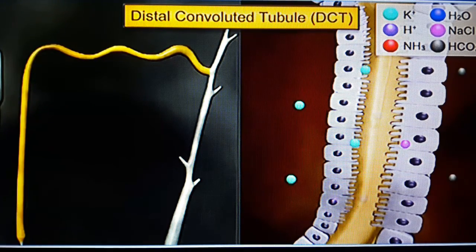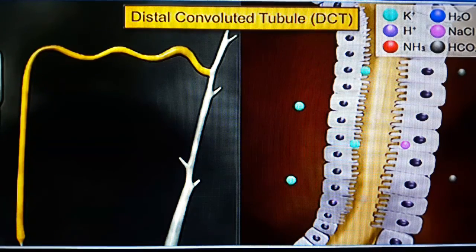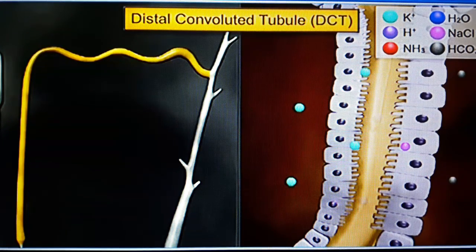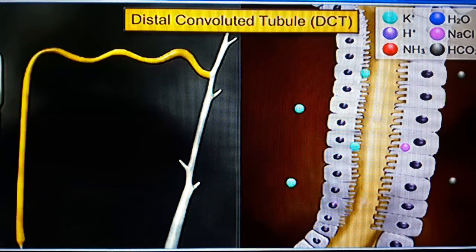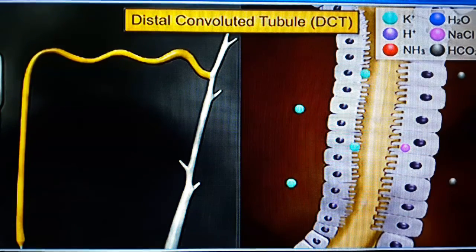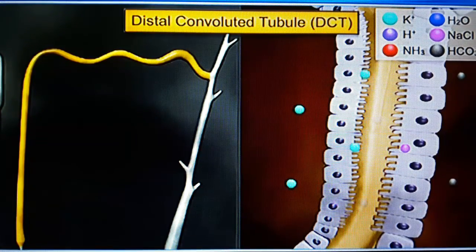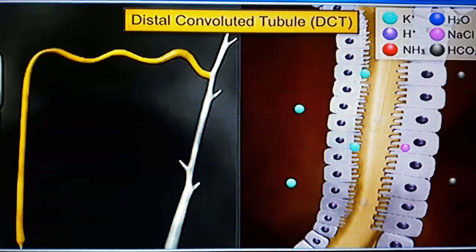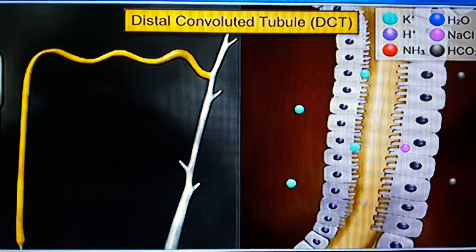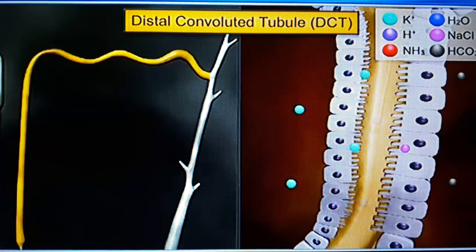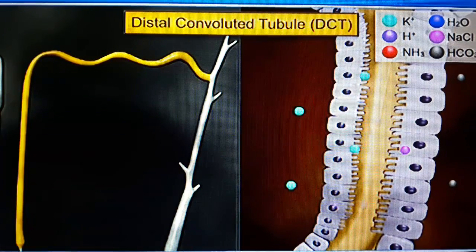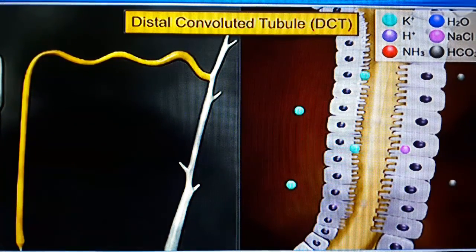Most of the potassium ions are secreted in the DCT in exchange for reabsorption of sodium ions. Uric acid and ammonia are also secreted in the DCT and collecting tubules. So friends, tubular secretion is of far less importance in mammals, but is of great importance in marine fish and desert amphibians which do not possess a glomerulus in their nephrons. All nitrogenous waste like urea, creatinine and mineral ions are directly secreted into the tubules.